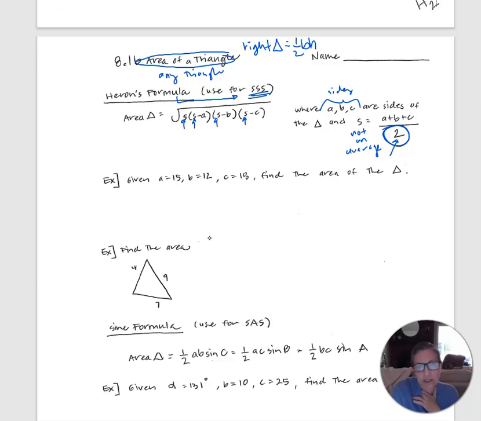This is on your worksheet. A is 15, B is 12, and C is 18. Find the area. So this is a side, side, side situation. So we're going to add up the three sides, 15 plus 12 plus 18, and then we're going to divide that by 2. I think it's 45, but honestly, I'm having a